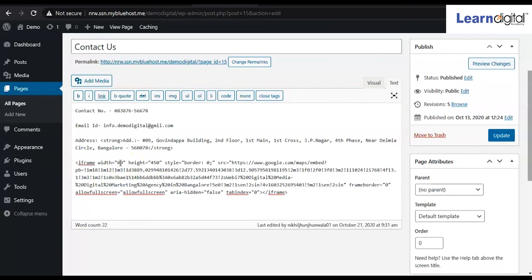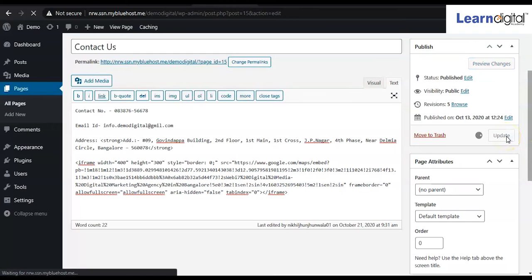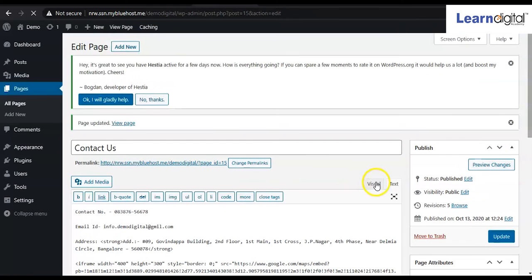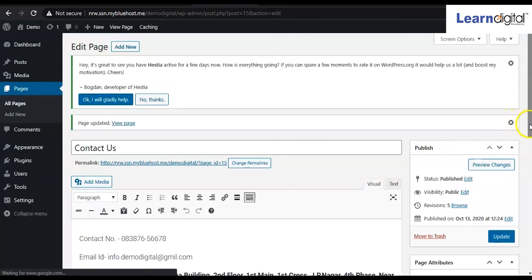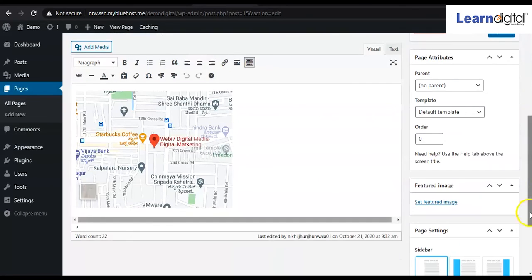I am keeping the width at 400 and the height at 300. So I have reduced the frame size. Then simply I click on the update button, and you can come to the visual mode and check it. The size has been reduced, yes.